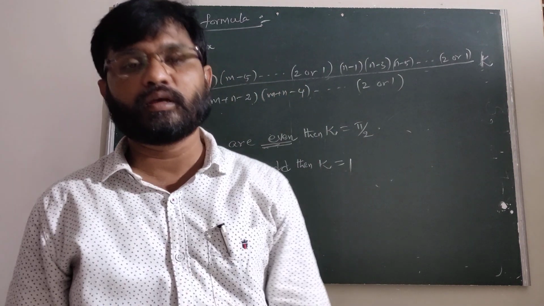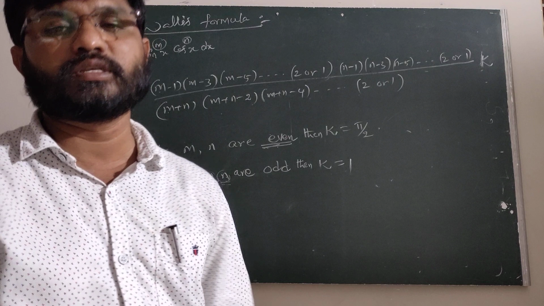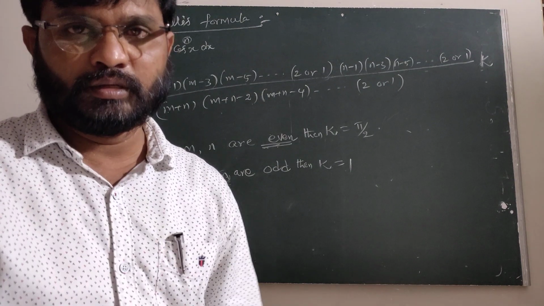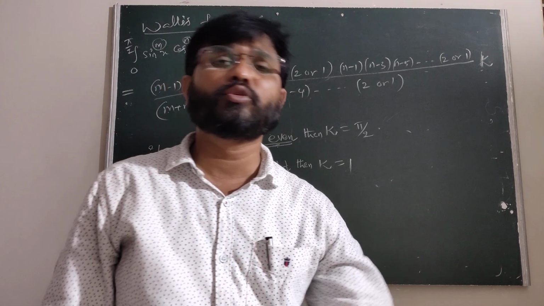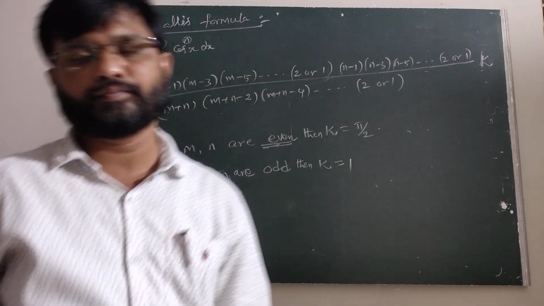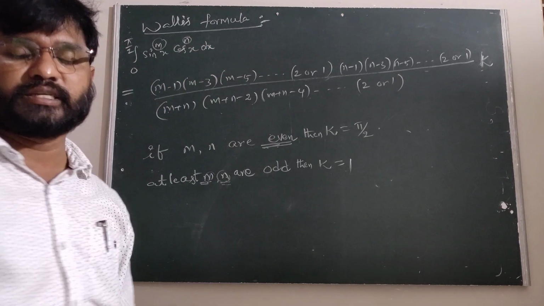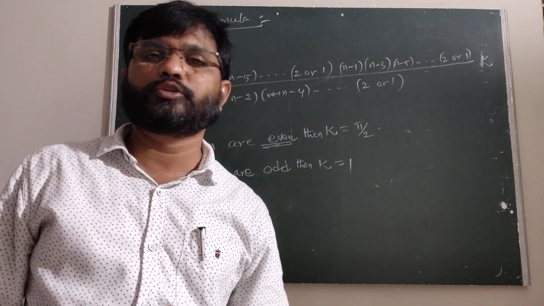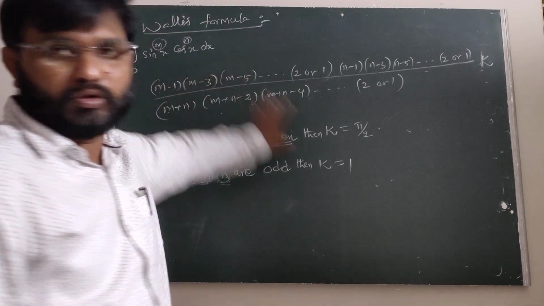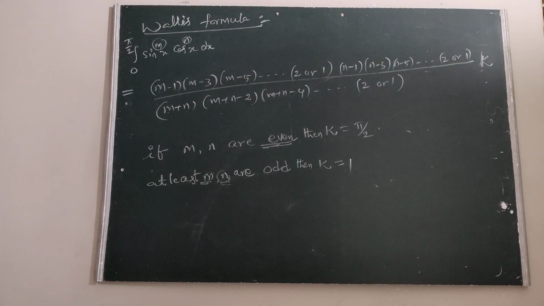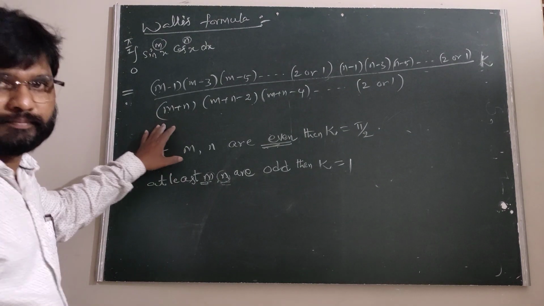This is called the Wallis formula. The proof is not necessary here. Understand? To get the proof, we take the indefinite integral of sin^m x cos^n x dx and substitute the upper and lower limits. We got this condition. So how do we evaluate it? Is it clear?